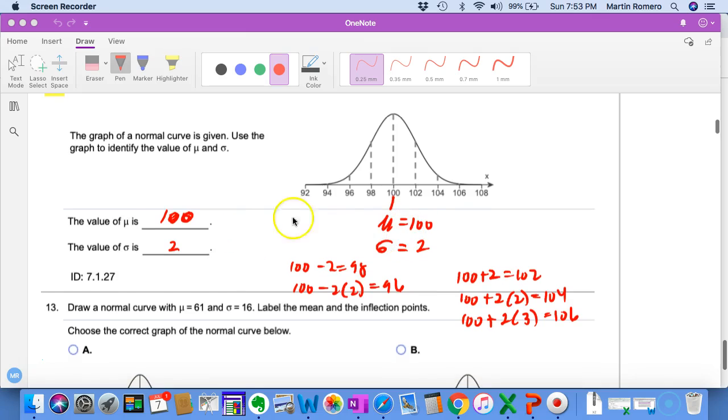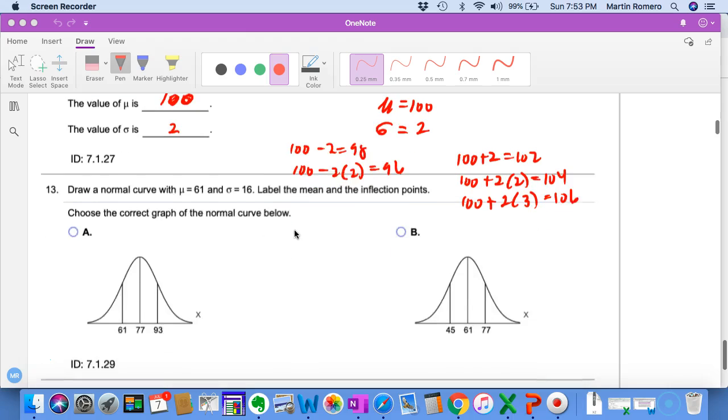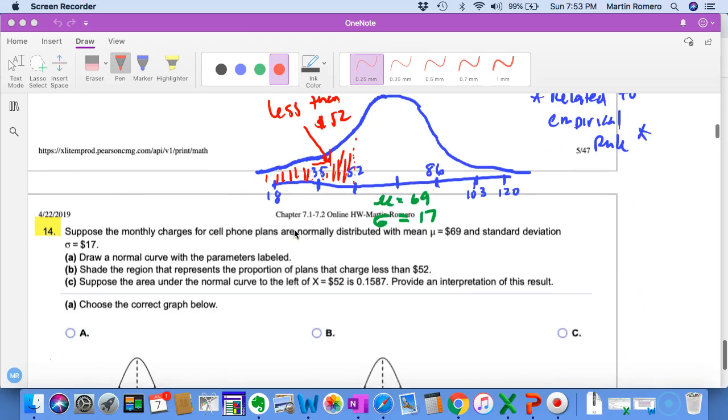What does it look like? In this case, we would see the mean's 100 and then the standard deviation would be 2. And again, it's related to the empirical rule, but those are the values for this normal curve, which is again representing a probability density function, which we then look at the interpretation here on